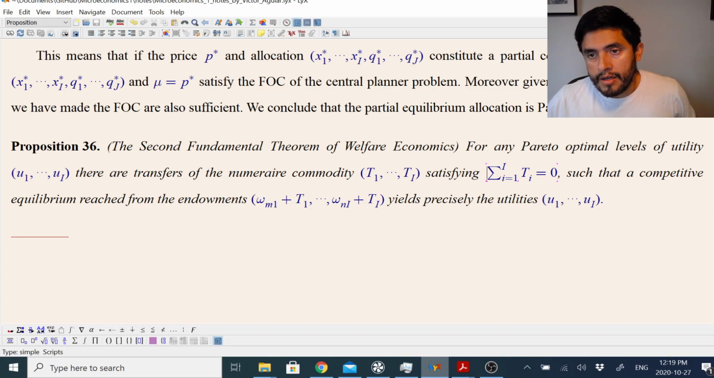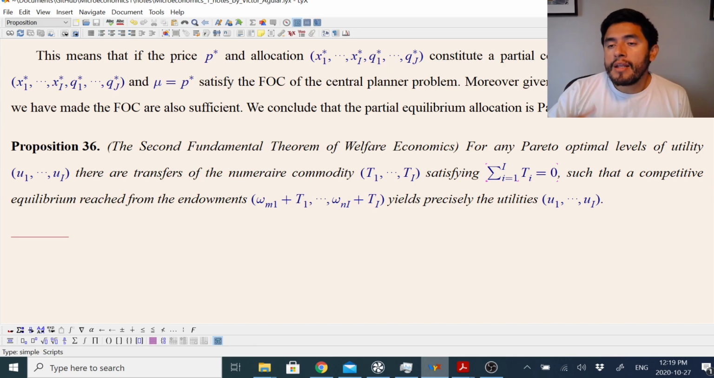So this is the engineering problem. By redistributing the endowment, I can reach any profile of utility, experience utility, that I want